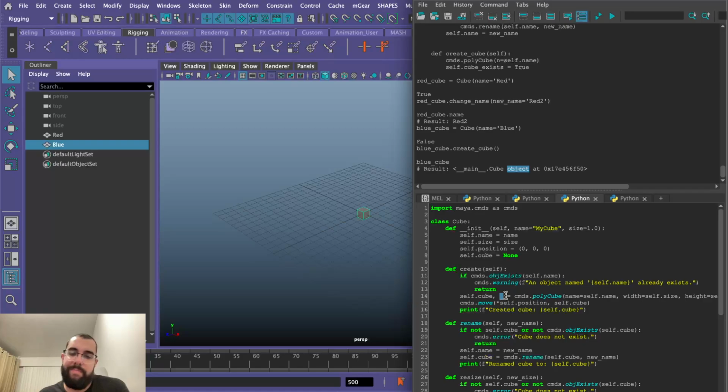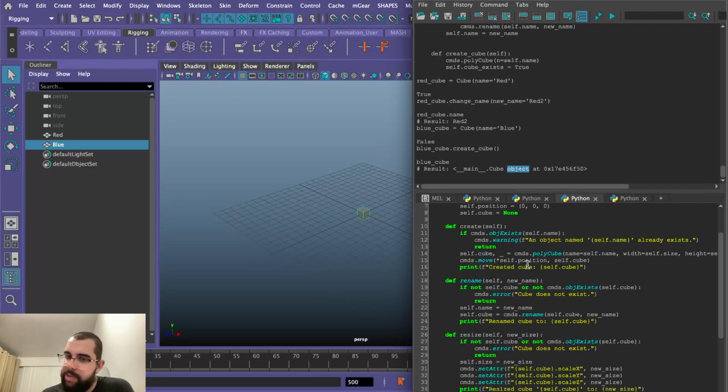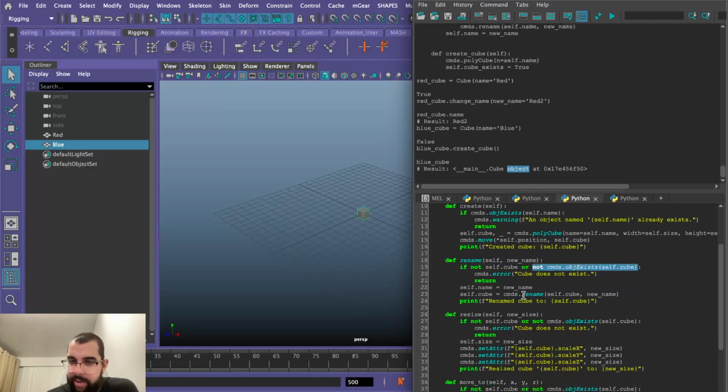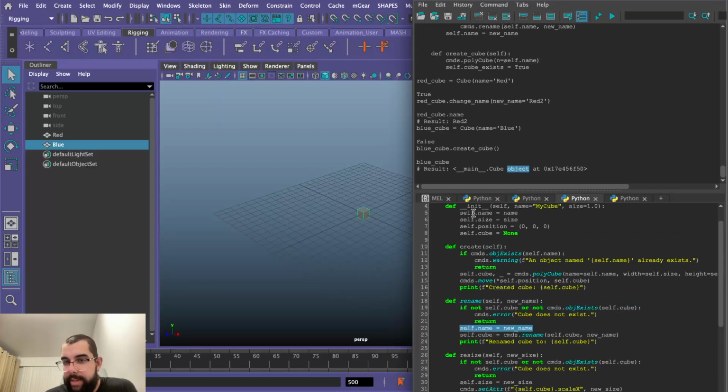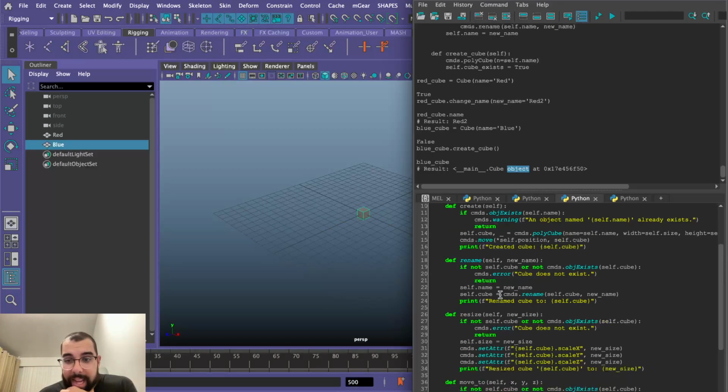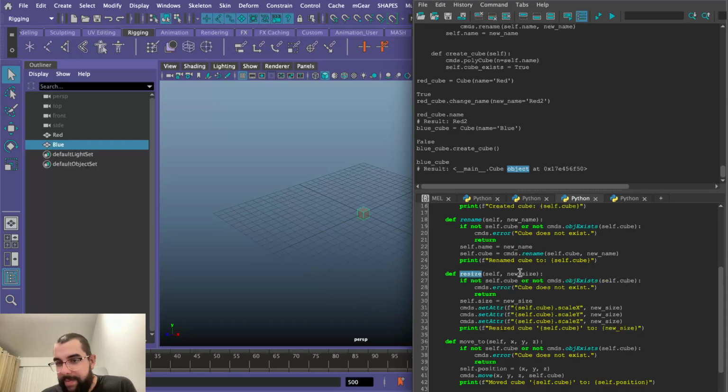It's just managing trash, and it's going to be moving it to the vector of the position. So this is going to be this vector, and it's going to be moving the cube that we just created, that is this, okay? And this is this same cube, okay? Then it's just going to do a print. Then we have a rename that is going to be short. It's going to be doing the new name, and if we haven't created the cube, it's not going to run, and if the object doesn't exist, it's not going to run. Then we're going to be changing the name, this name, to the new name, and then it's going to be doing the rename. I did the same thing in the other one, but it's the same thing. And then just a random print, then a resize,